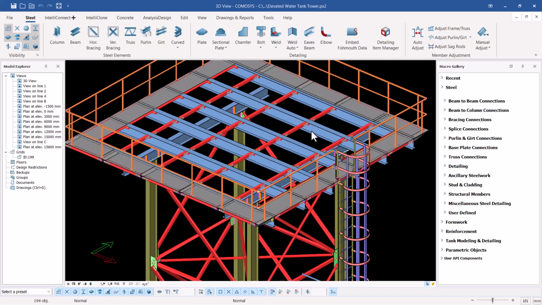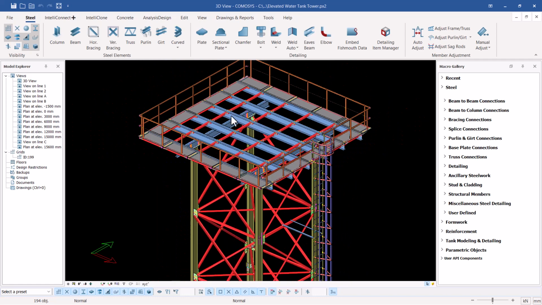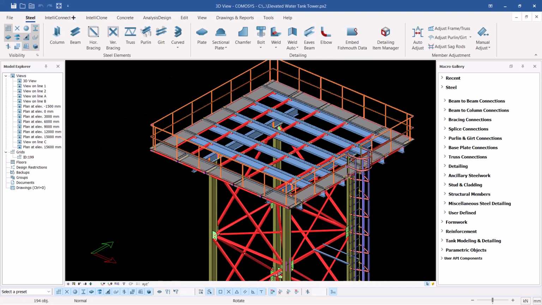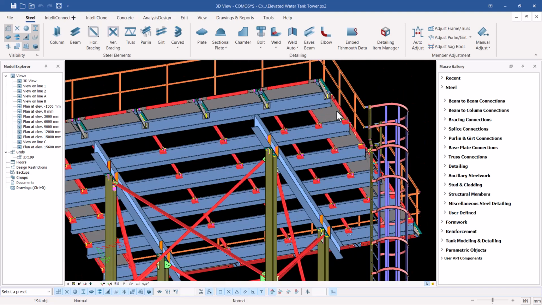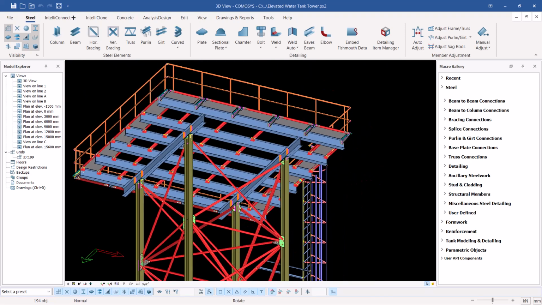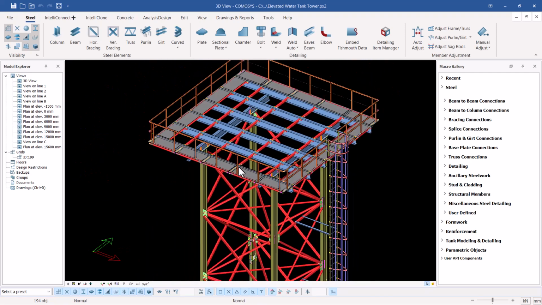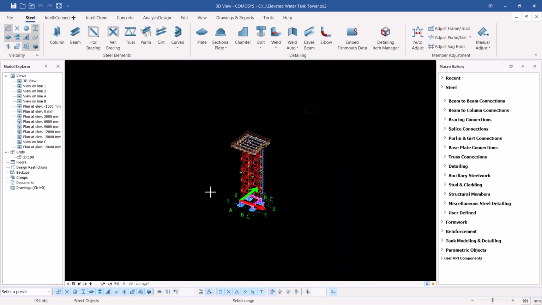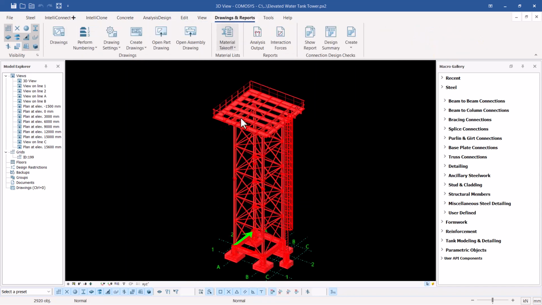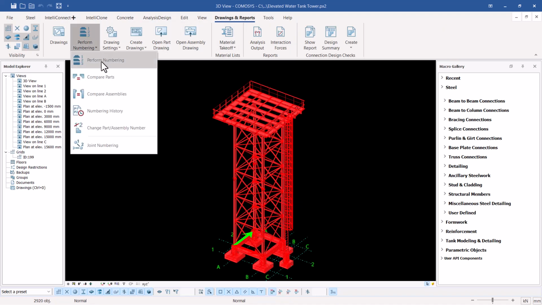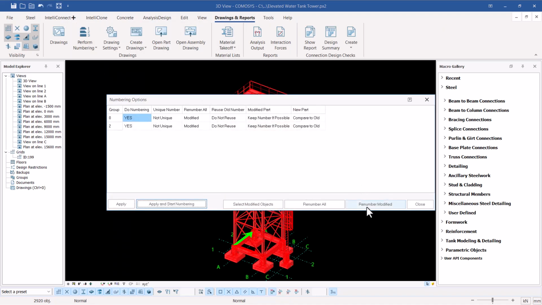So I'm going to create single part drawings for all these sizes you can see here. Prior to doing that, I have to select everything and do numbering first of all before I generate any drawing. So I'll come here to perform numbering, and click numbering, and